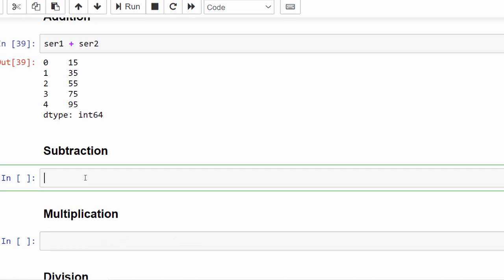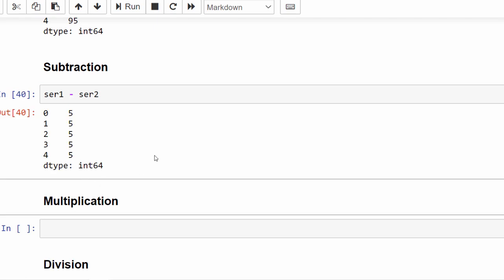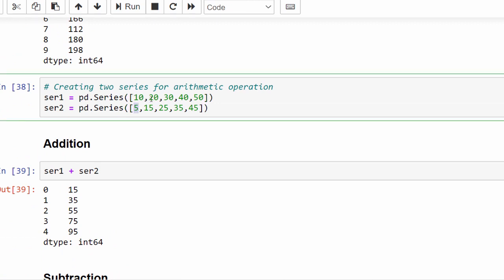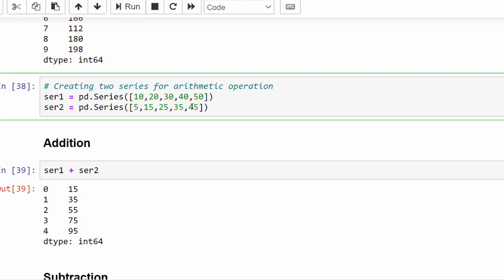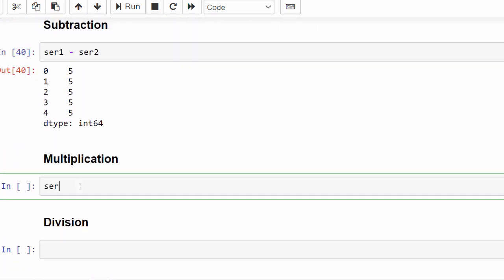Same way for the subtraction, SER1 minus SER2. So the difference between each number is 5. If you see it here, 10 minus 5, 20 minus 15, 30 minus 25 and so on. So the difference is 5. Same way for multiplication also, SER1 into SER2.